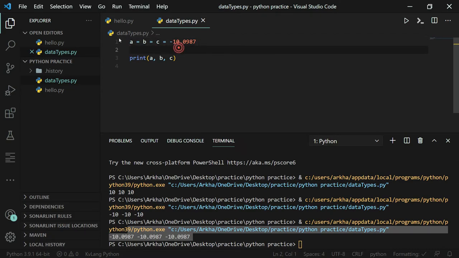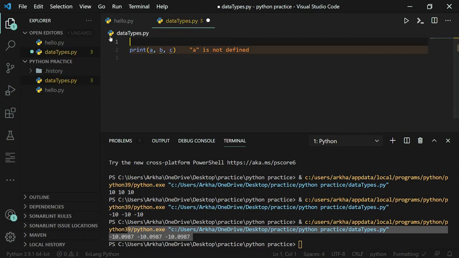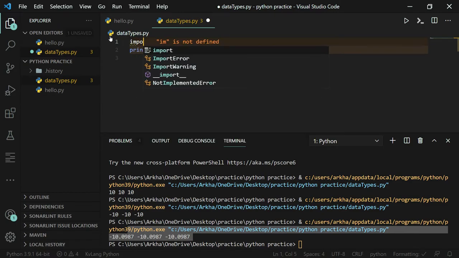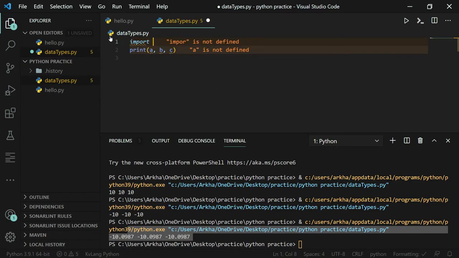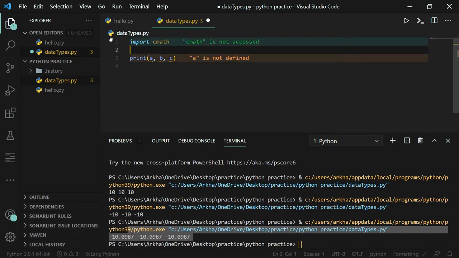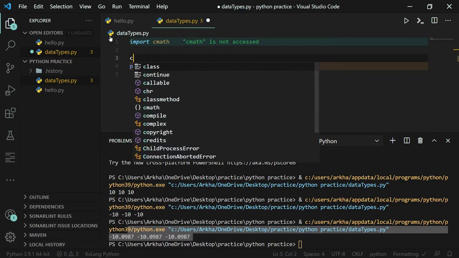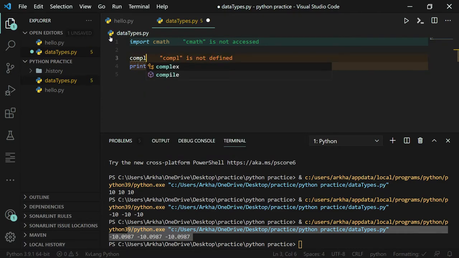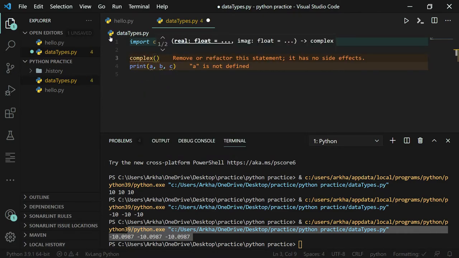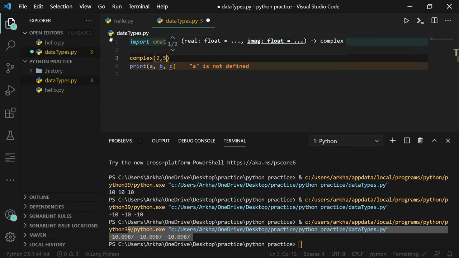For using complex numbers, we need to import a module, that is import cmath. This means complex math. So we can create complex numbers by using complex of 2 comma 5.